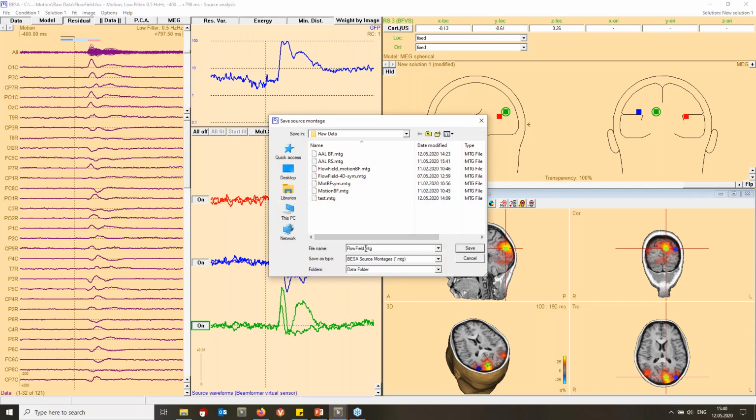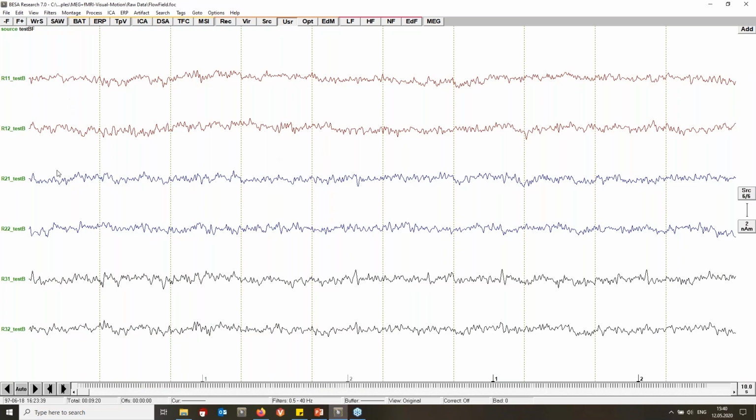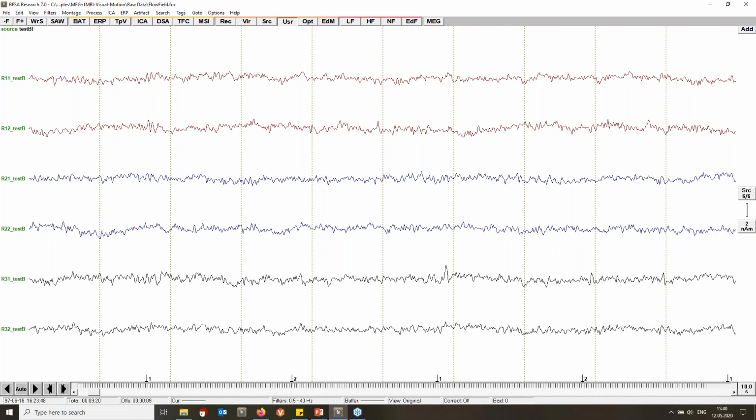So let me just make this an example. Test beamformer. And we can see how these sources now, and for the MEG we only have two orientations, so each source now has two time courses and how it's applied on the raw data here. So yeah, quite a useful thing, I would think, and this is actually most of what I was going to